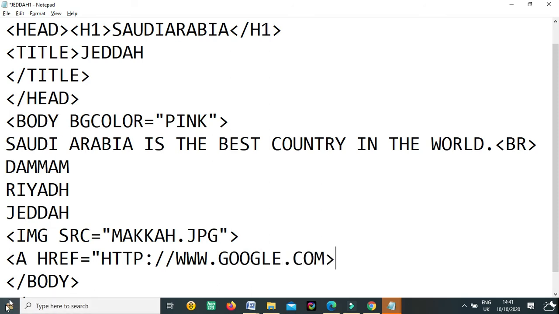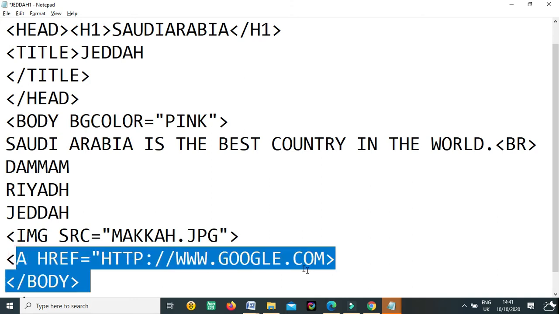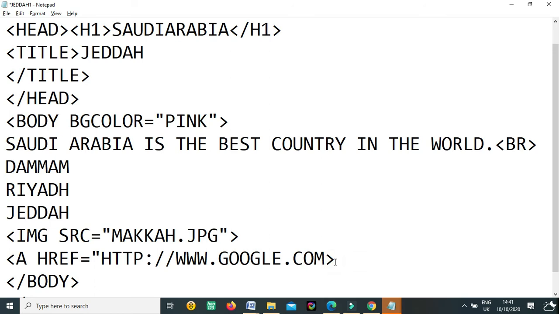This is how we make the hyperlink, but this is not the whole hyperlink. We need something where we will click. So suppose I write here Google, and at the end I have to close a, because this is the a href hyperlink reference. So I will close with this sign. I will save it.